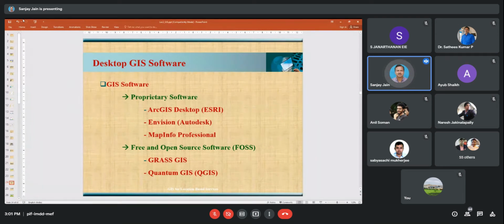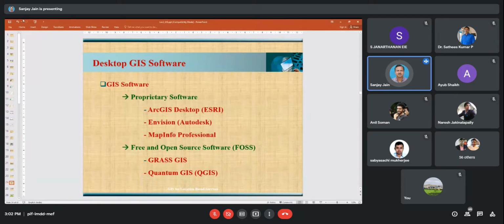So what is the advantage of ILWIS? It can handle vector and raster data both. Some software cannot handle both of them. Second, its image processing capability is also not that bad, because some GIS software are not good in image processing. If you have to do image processing, then you have to do it elsewhere, like ERDAS, Earth Resources Data Analysis System. ERDAS is one of the software which we commonly use for our image processing.